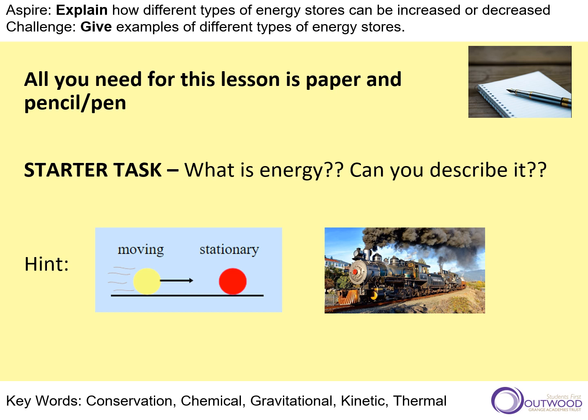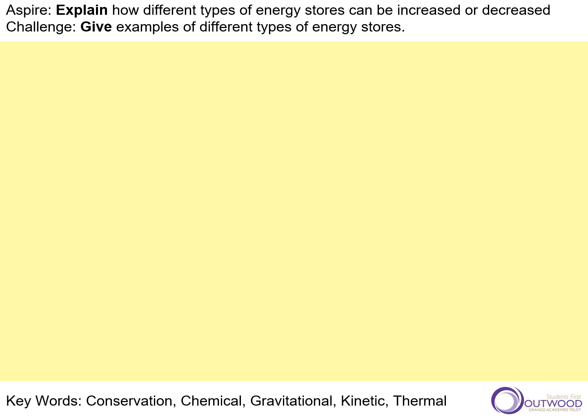You know, that first hint, you've got something moving, you've got something stationary. What is the energy there? Is it the fact that something is moving? Is it the fact that something is being transferred from one to another? Because we know as that moving object hits that stationary object, it will move, won't it? And how is that linked to that steam engine? Well, we'll find out. And before we start talking about energy itself, we need to understand the history of energy